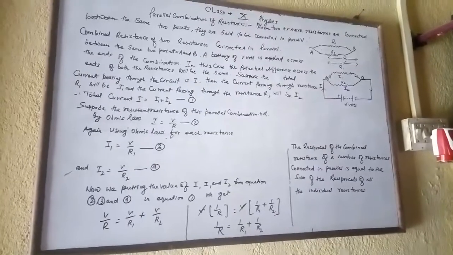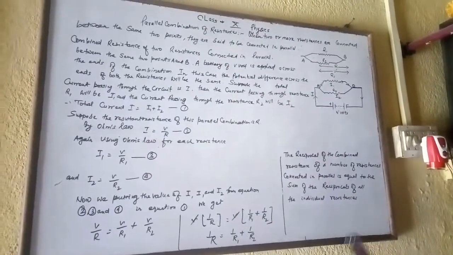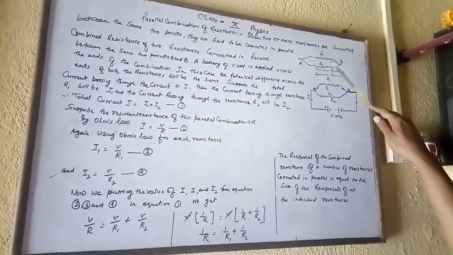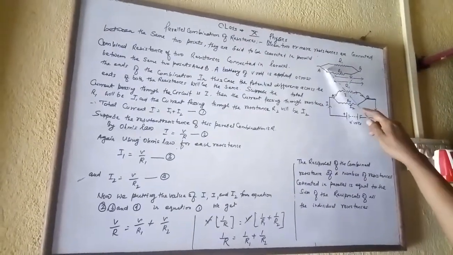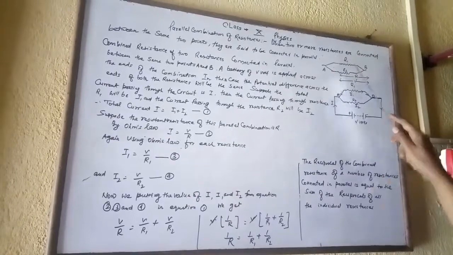हमने यहाँ पहला पैरेलल कॉम्बिनेशन ऑफ रेसिस्टेंसेस लिया है। समानांतर क्रम में हम रेसिस्टेंसेस, प्रतिरोधकों को कैसे जोड़ते हैं, वो आप यहाँ देखेंगे। पैरेलल कनेक्शन में ये R1 R2 है और दो सेम पॉइंट के बीच में जो कनेक्टेड रहता है, इसे हम पैरेलल कनेक्शन कहते हैं।